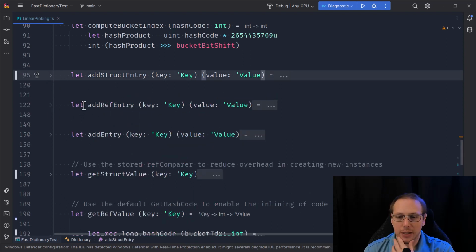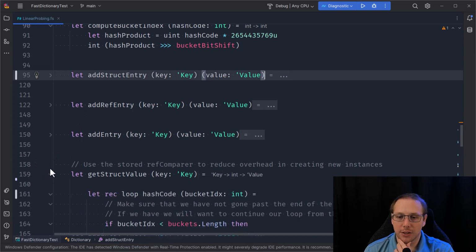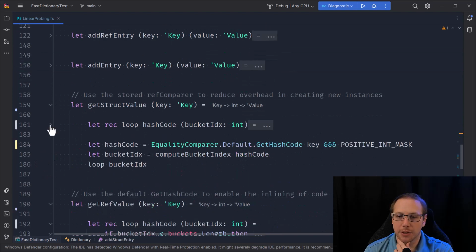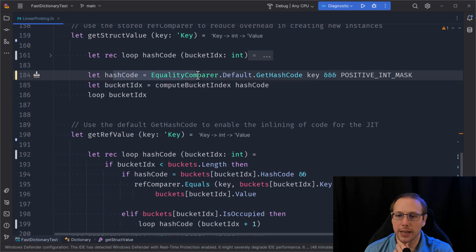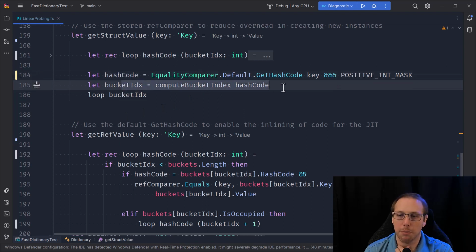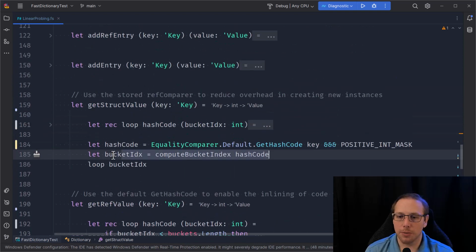Then let's look at getting a value out. And it's going to look very, very similar. We're going to do the same thing. We're going to compute that hash code. We're going to compute what bucket index it's supposed to go to. And then we are going to,